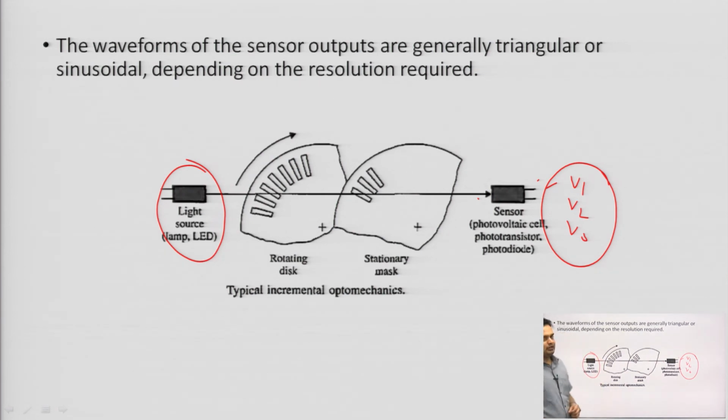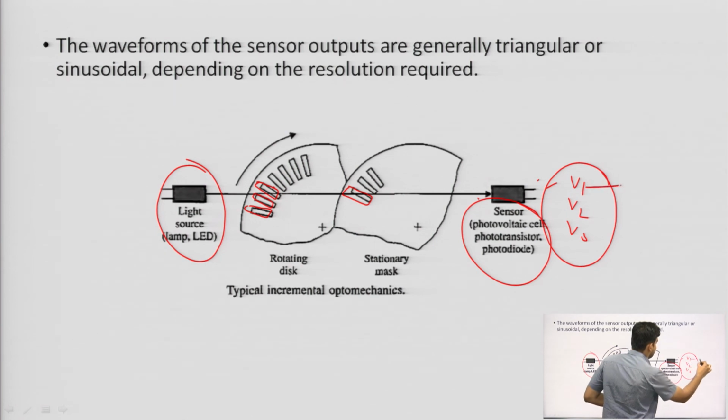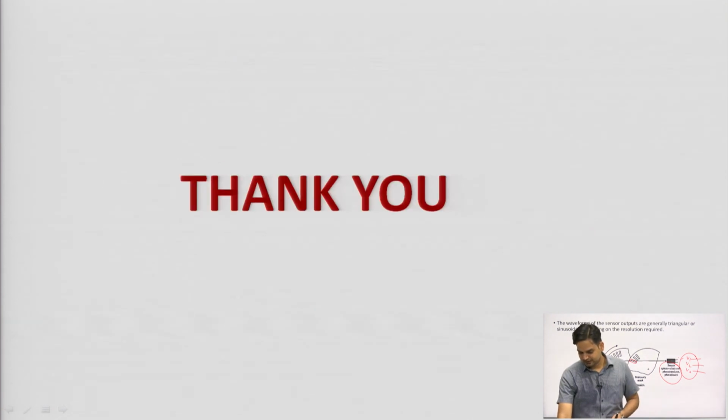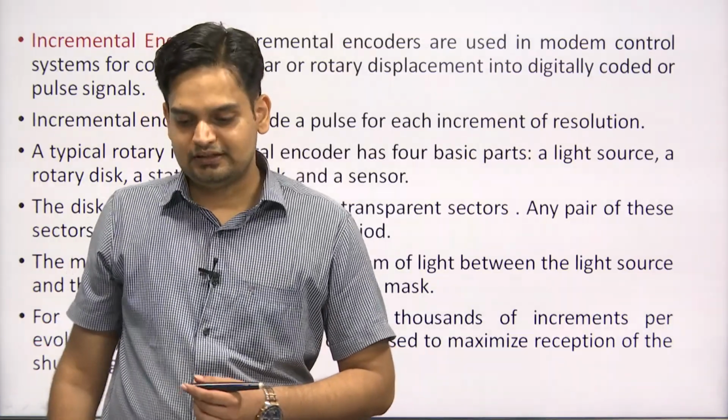Okay. So, this is the rotating encoder which works on the principle of these two moving plates. So, this is the transparent plate, whenever it cuts, the intensity of light will change and it will interact with this plate, and again a different voltage will come at the photovoltaic cell or sensor, and it will generate different voltages depending on the intensity of light. Okay. So, this is a light encoder. Okay. So, thank you for today, this topic is over.